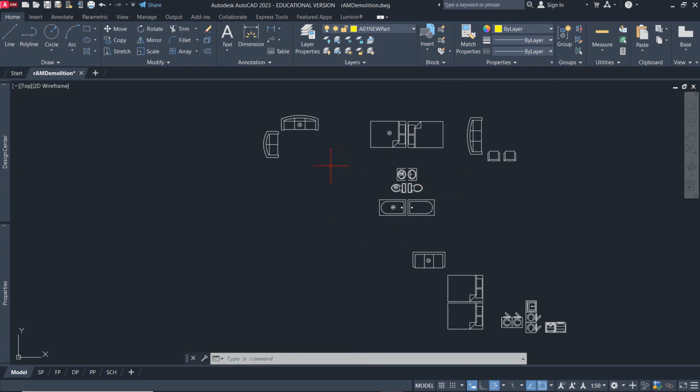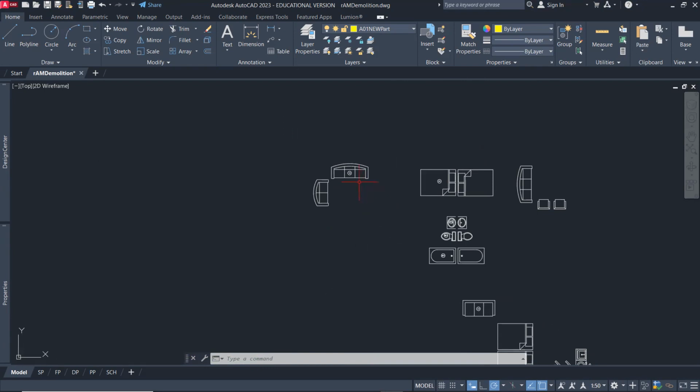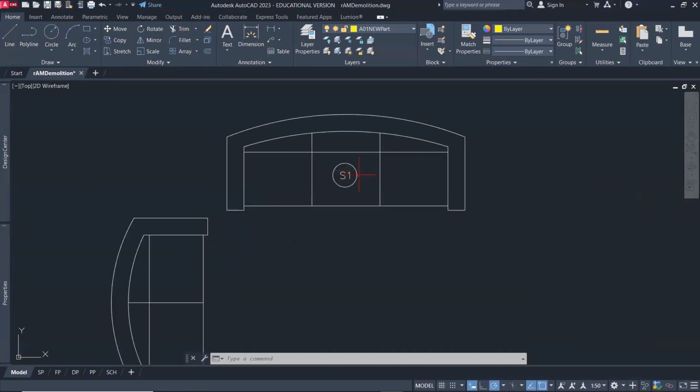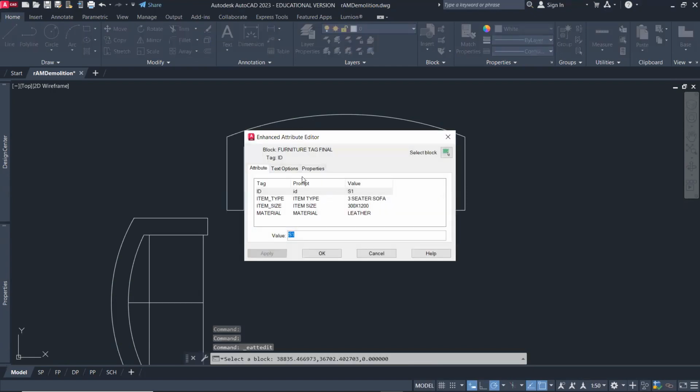And the nice thing about these blocks is that there's some intelligence or data embedded in the tags assigned to blocks. So this is a tag S1 for sofa 1, but if you double click on it, it is actually filled with different information about the block or the sofa that we can use to